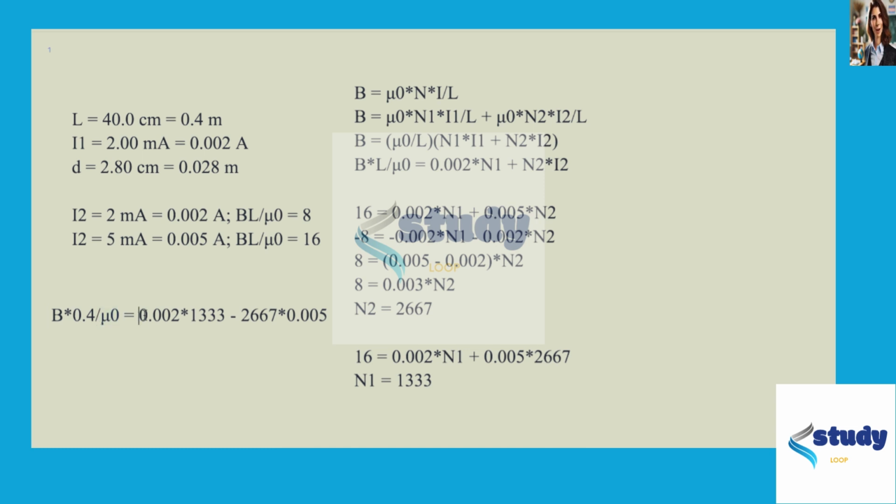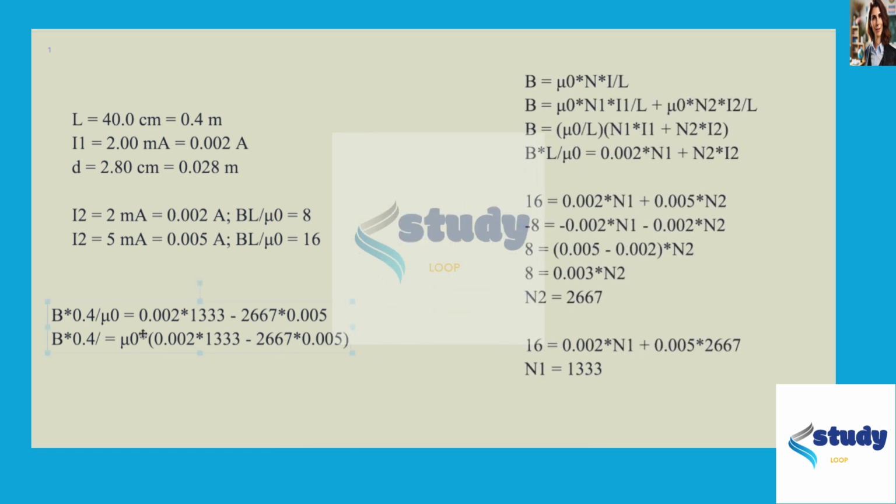So if we just want to solve for B, all we have to do is move this factor of mu naught over to this side. So we have this here, over here. And we want to divide by this factor of 0.4 at the very end. So this is what we're going to plug in and solve for. And when we do that, we should get B is equal to minus 3.4 times 10 to the minus 5